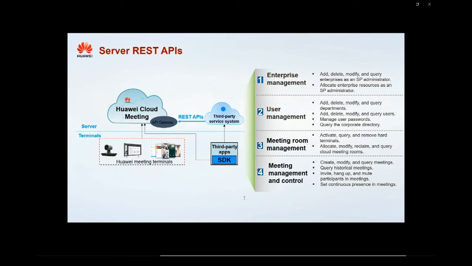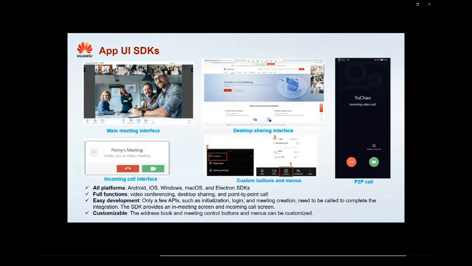Next, we will see the capabilities provided by REST APIs on the server side. Through Huawei Cloud API Gateway, developers can obtain the capabilities of enterprise management, user management, meeting room management, meeting management, and control from REST APIs on the server side. On the terminal side, we provide SDKs with in-conference UI.